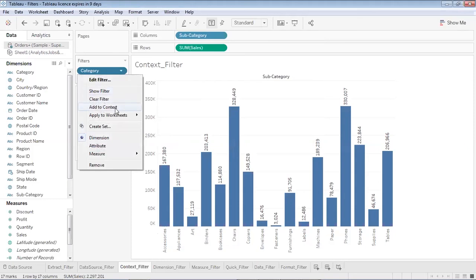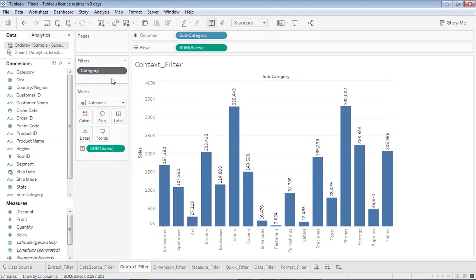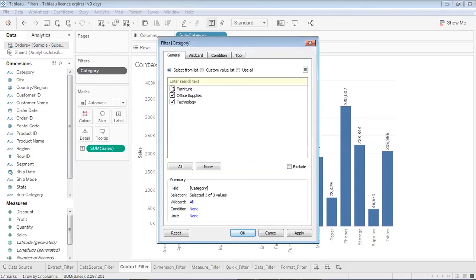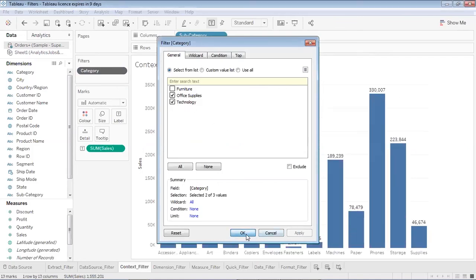The moment I convert it from a normal filter to a context filter, its color will change from blue to gray. You'll see that. So you see now the color has changed from blue to gray. Now, if I would like to edit the filter and see only those records where office supplies and technology are there, I apply and do okay.